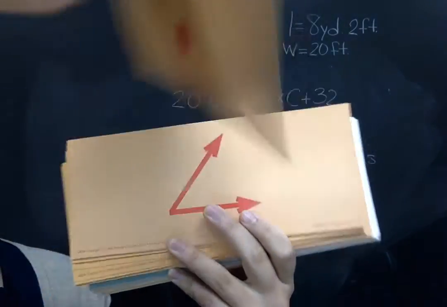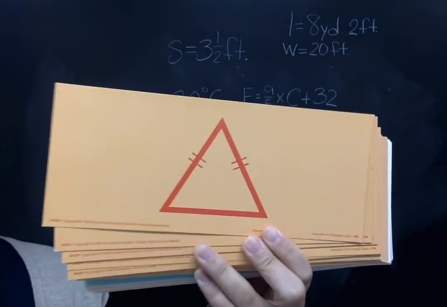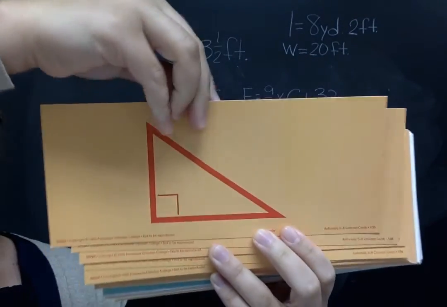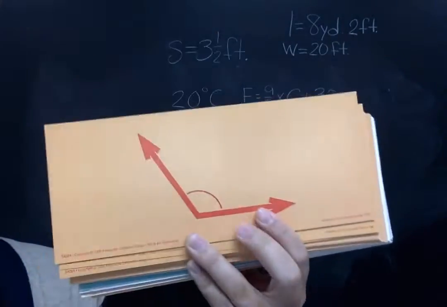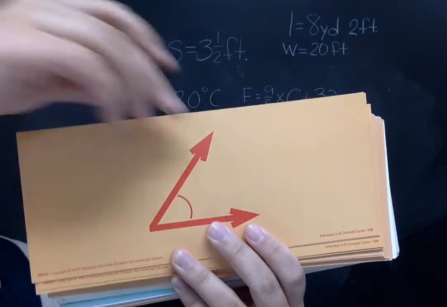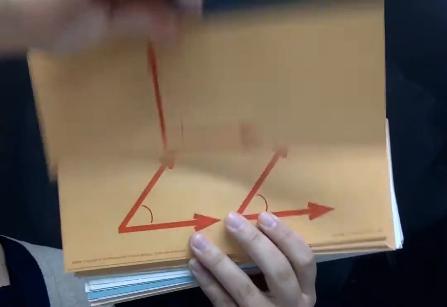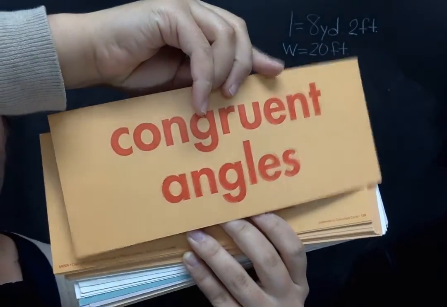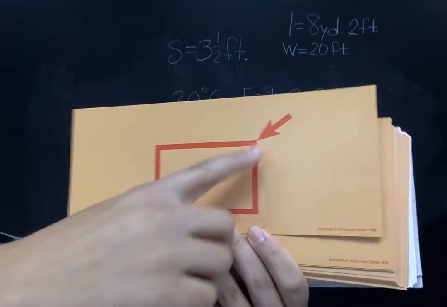This is a point, angle, isosceles triangle, right triangle, straight angle, obtuse angle because it's more than 90 degrees, acute angle, less than 90 degrees, right angle, 90 degrees, congruent angles, diagonal, vertex,